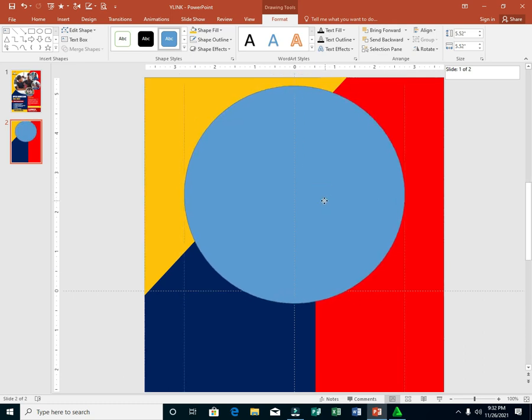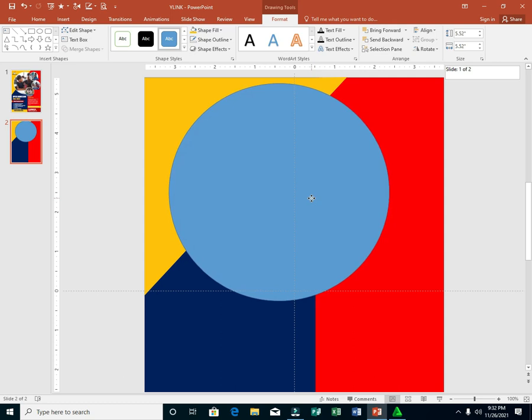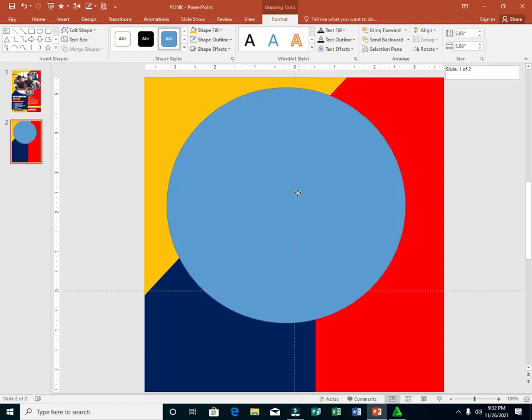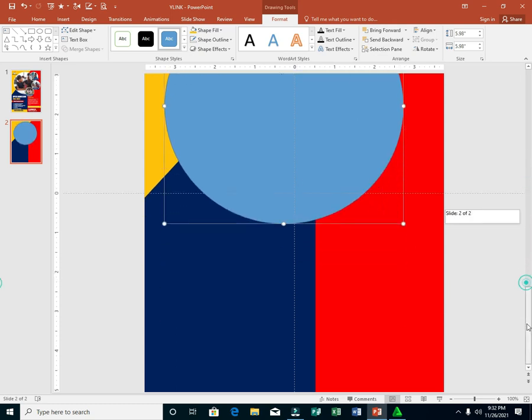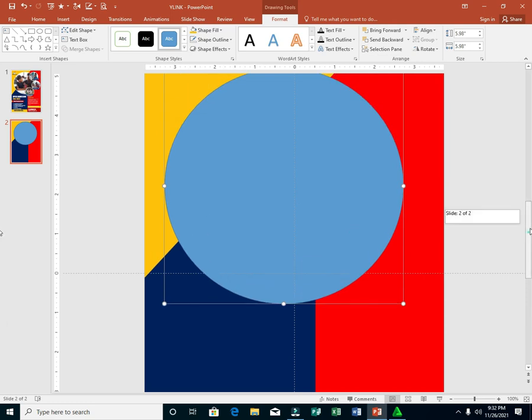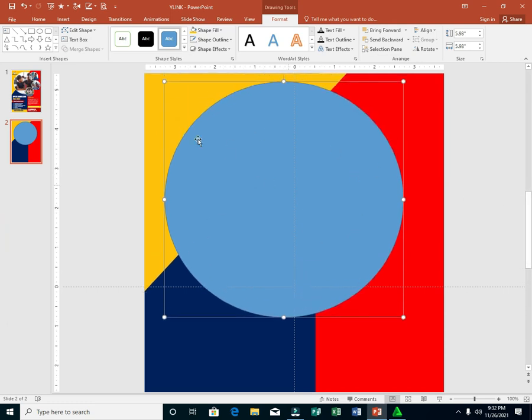I think this way is good with me. Let me expand it a bit again like that. I bet this way is okay with me. Okay, this way is good with me. And then I'm going now to click here, and then I'll click on format, and then I'll come here to